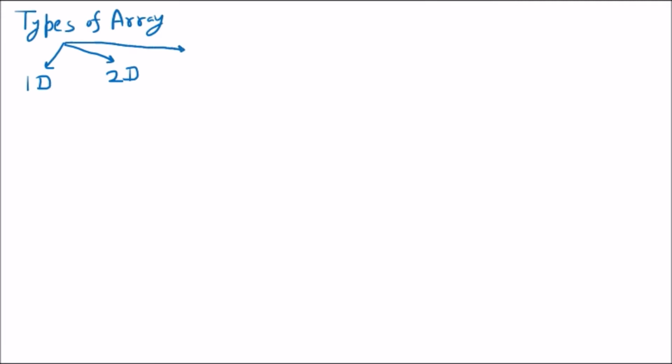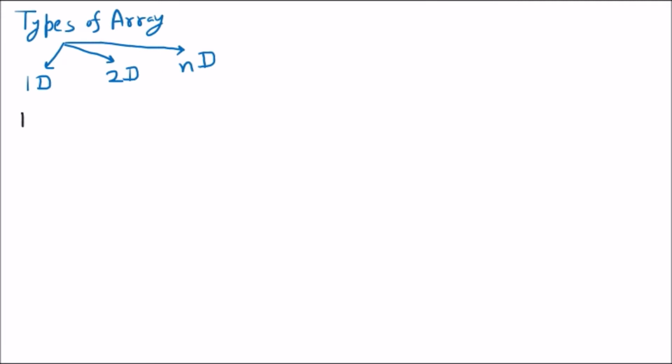Okay everyone, so now we are discussing the types of array. There are multiple types of array in the C programming. The first one we have is the 1D array. Then next we have the 2D, and then further we have the ND. Actually, 2D is also a part of ND. N means any value: 3D, 4D, 5D. Now I am giving you an example to make you understand.